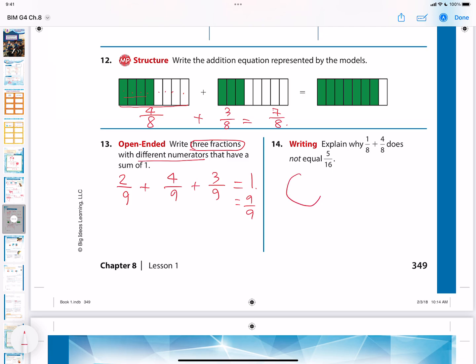So for example, you have a pie and you took 1 slice and your friend took 1, 2, 3, 4 more. That means what? 5 over 8. The number of slices of pizza doesn't change. So you cannot do 5 over 16. You cannot add these two denominators. This is not right. So each fraction represents, I can write in here,